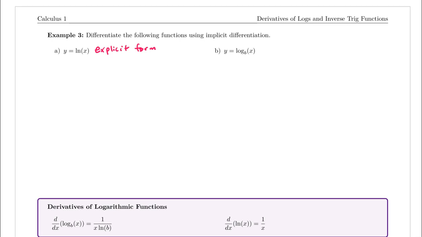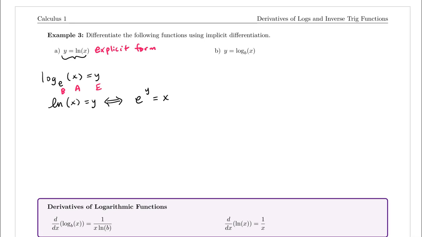So what I'm going to do is rewrite this in exponential form, and in order to do that, remember that the natural log is really like us writing log base e of x is equal to y. That's not typically how we write it. We write it like natural log of x is equal to y, but that's what it means. It means that the base is e. So this would be my base, my argument, and my exponent. And so I can change this into exponential form, and that would be e to the power of y